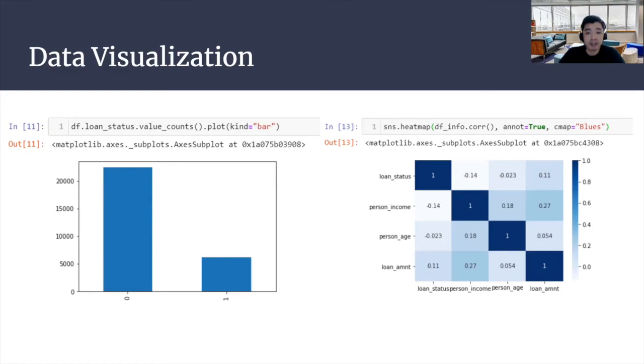And on the right, you can see that it is a heat map of the variables. This heat map shows us the correlation between our independent variables and also our target variable. The darker color represents that the variables are more correlated, meaning that this independent variable will more likely predict the target variable, which is the loan status. And from there, we can tell whether the borrower will indeed default on their payments or not.